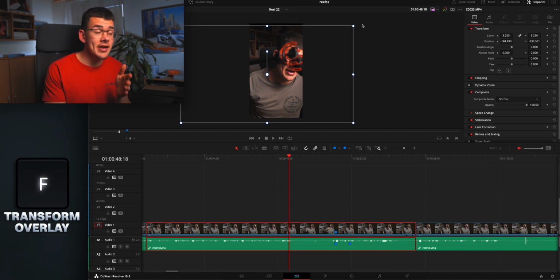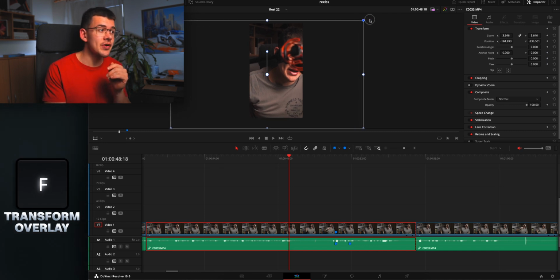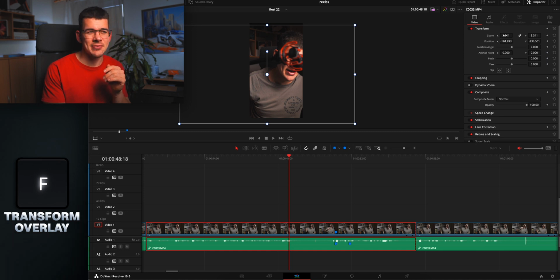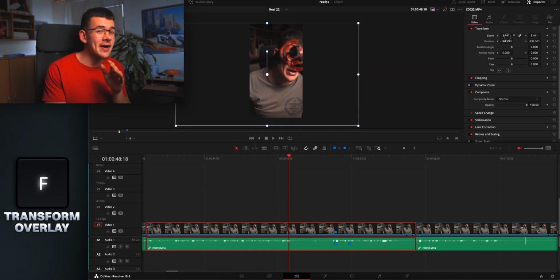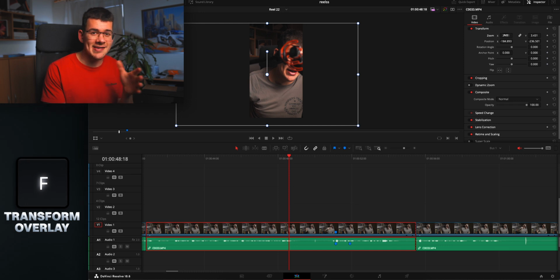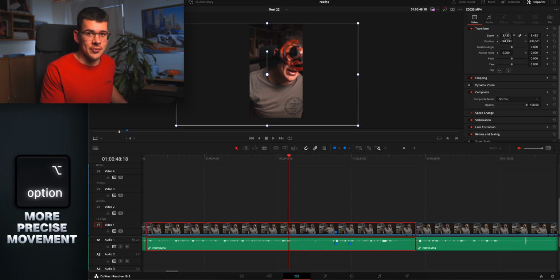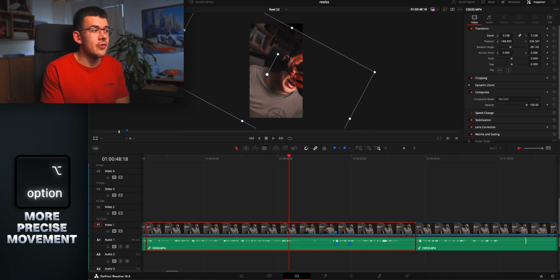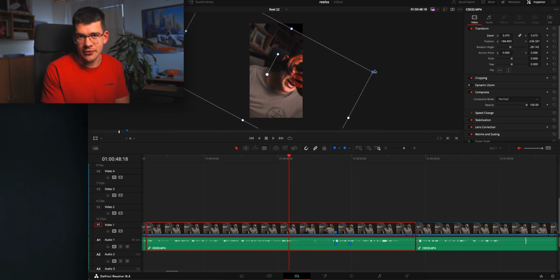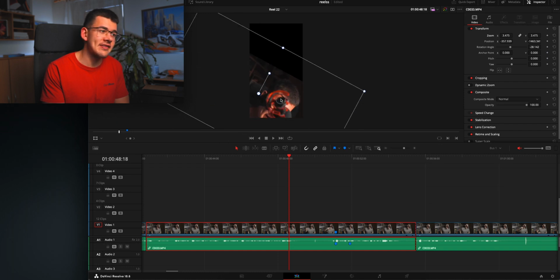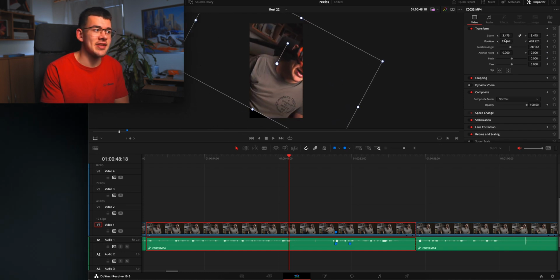If you want to zoom in, you can still do it with these corners right here, or I would just prefer using the inspector because I find it a little bit more accurate. By the way, if you want to be more precise with your inspector while you're hovering over any number in any kind of settings in DaVinci, you can simply hold down Option and it will be a lot more precise. You can also do a little bit of rotation and just play around with it. It's much easier to move things this way than to do it with just only the X and Y